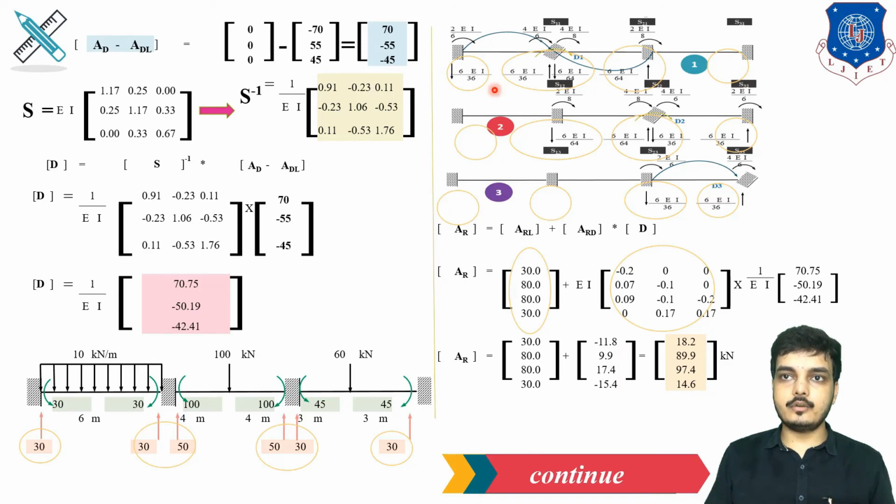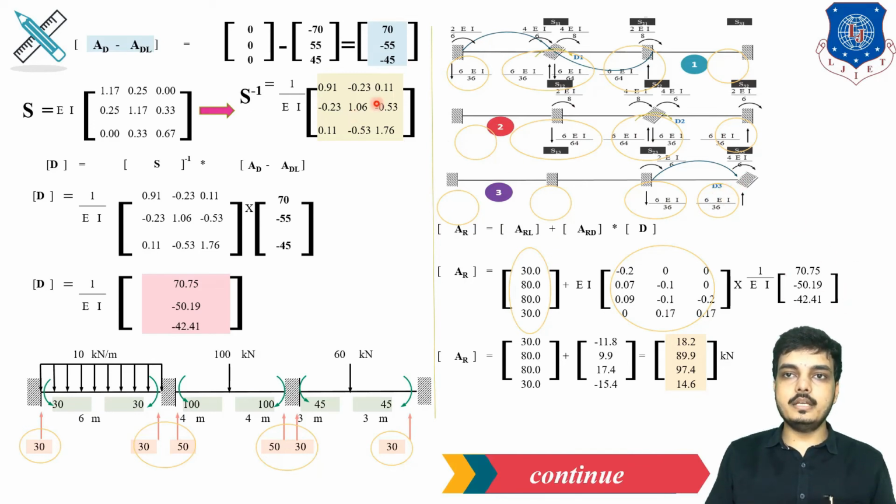Now next, for the first column, we have to refer to the first figure. At the first, it is given 6 by 36, which is nothing but 0.2. But mark this is going in the downward direction, so we have to apply negative. And here it is upward and downward, so we have to take the algebraic sum of these two, which is nothing but 0.07: 6 by 36 plus minus 6 by 64, which is coming 0.07. Similarly, here upward 6 by 64 is given, it is nothing but 0.09. Here nothing given, so 0. So for the second column, refer to the second figure. For the third column, refer to the third figure.